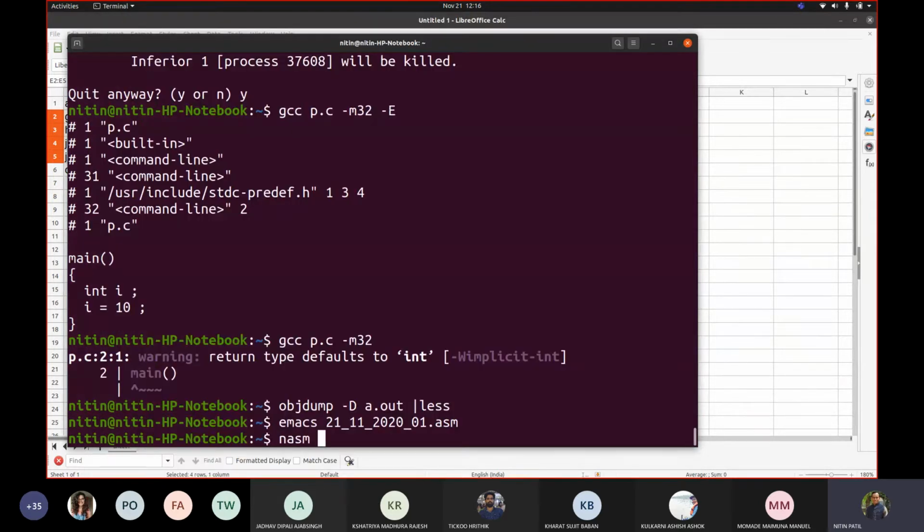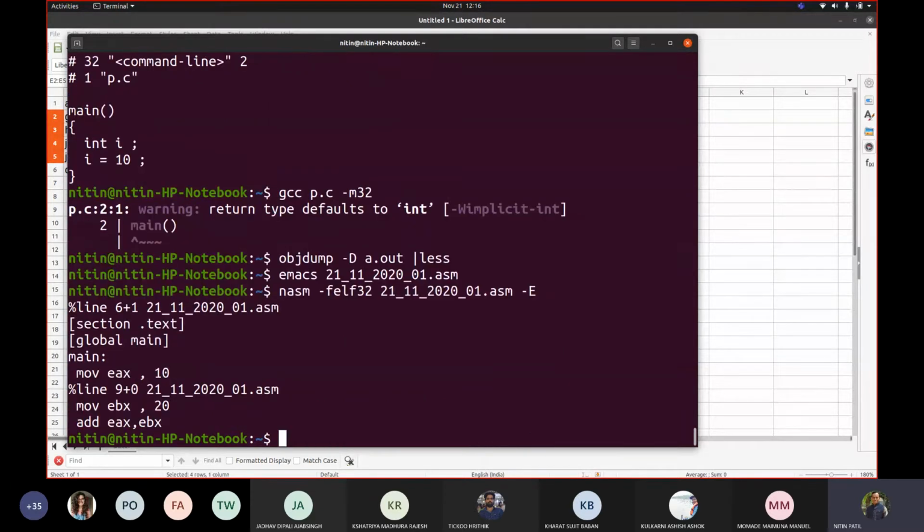So let me write nasm -f elf32 2111_20_asm, and I am writing -E. Now see the code. Your macro call was replaced by the definition.